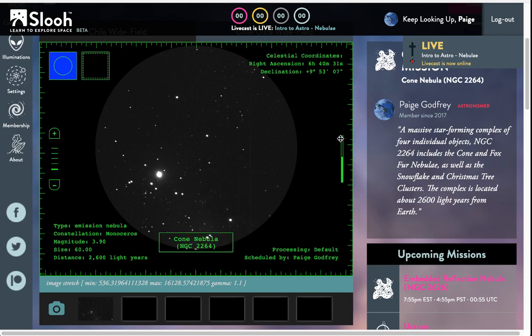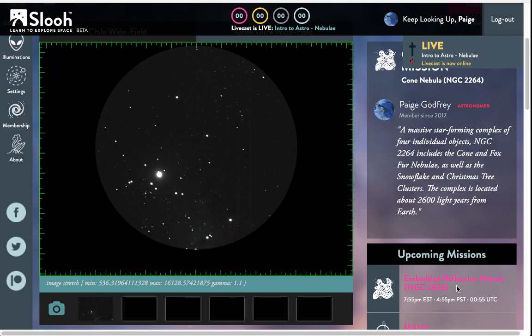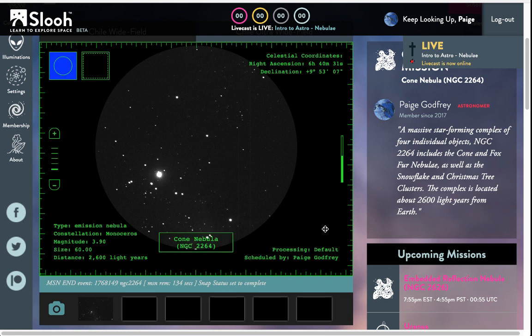This green bar will tell you how much longer the mission is on for. The next mission is at 7:55, so at 7:52, you can deduce that you have 3 minutes left. And so you would want to take an image a little bit closer to the end when we really get all of the resolution coming in.